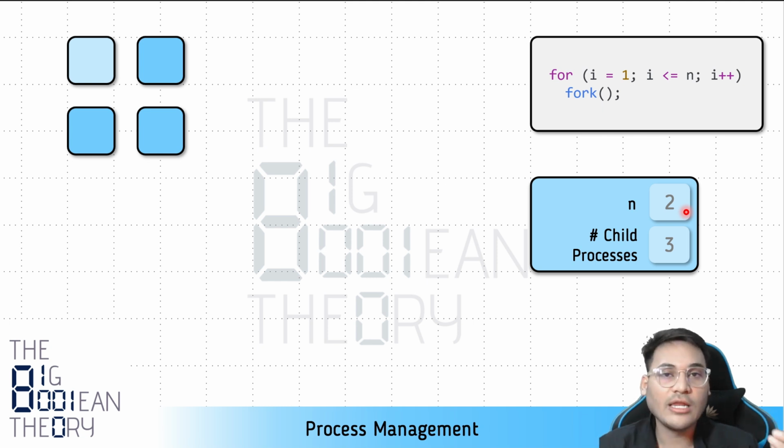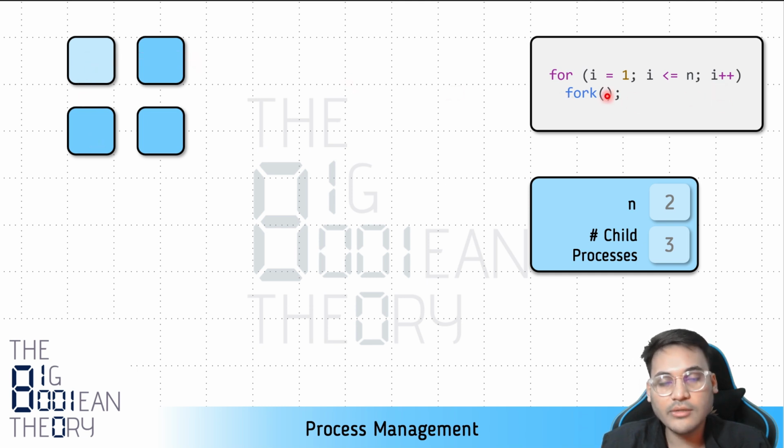This happens when the value of n is equal to 2, right? Previously we talked about the value of n being equal to 1. There the for loop exited when the value of i became 2. But if the value of n is 2, the for loop will exit when the value of i is 3, right? In the same way, now let's assume what will happen if the value of n is 3. Now you can recognize the pattern here. If the value of n is 3, then instead of exiting this for loop, all of these 4 processes will